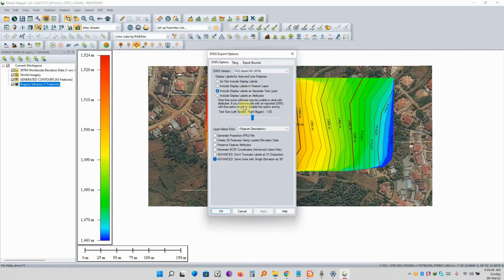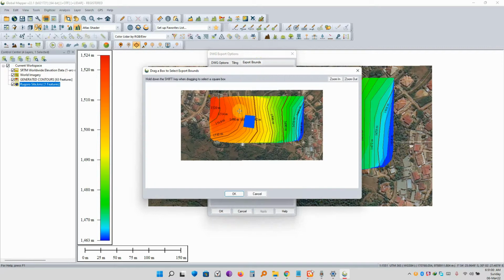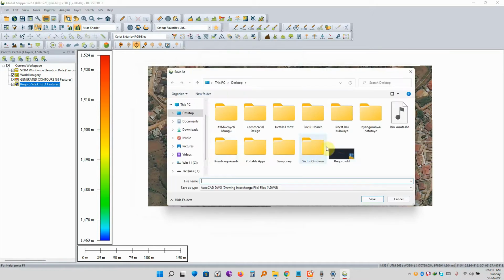Then here also there are a lot of things you can change, but I like to change only one. It's on this tab called export bounds, and I draw a box over where I want. I normally cover only my area and just a very small part around it, and I click OK. I click OK again. They bring me to where to show where I want to save my file. I still go to the desktop and name it Goro. Click save,